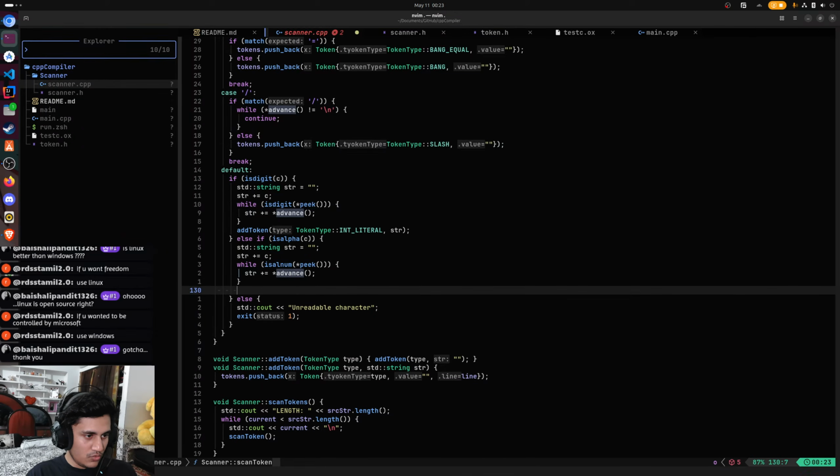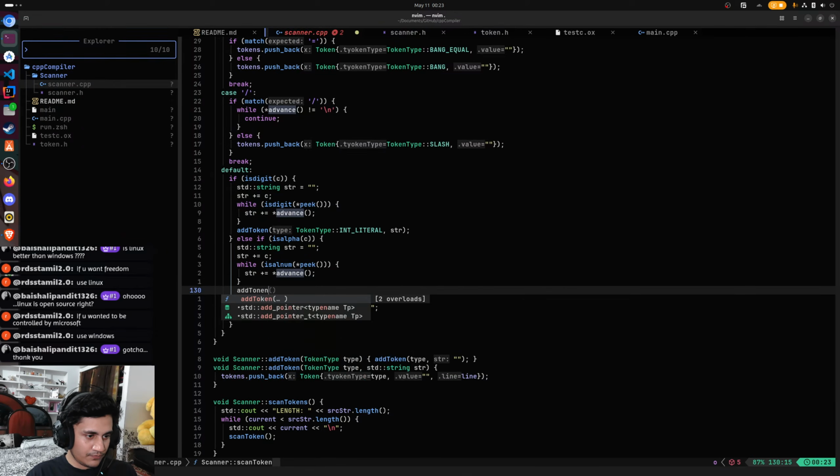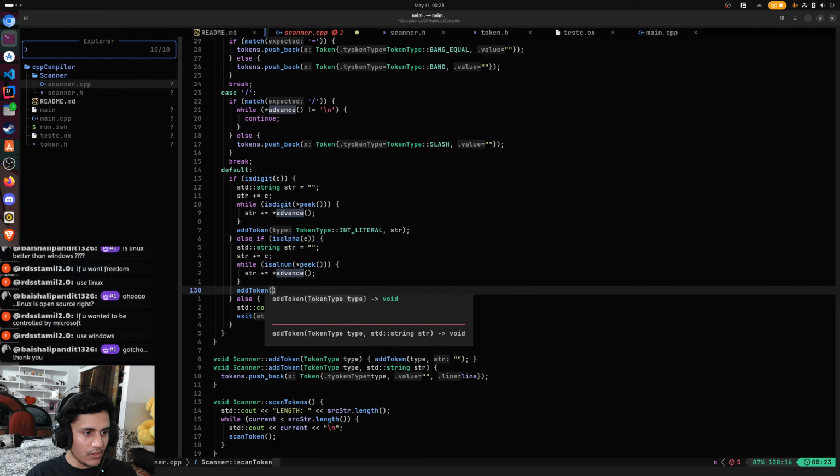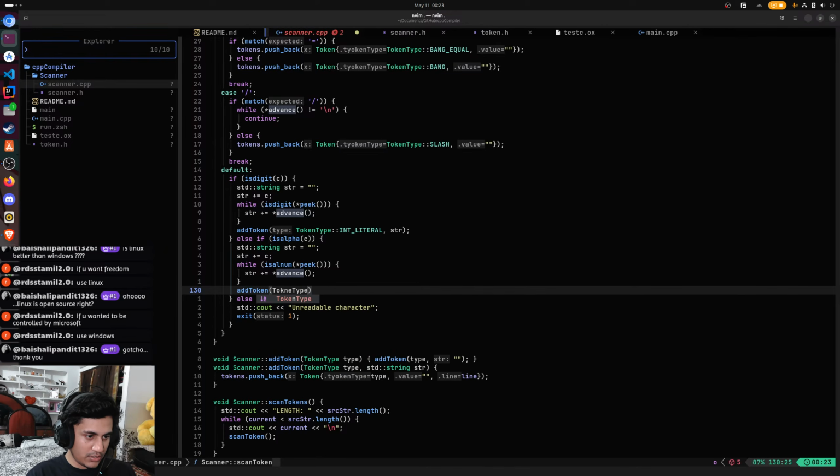Yes, so I'm also going to add this add token. I'm going to add my token, which will be of type token type int literal and